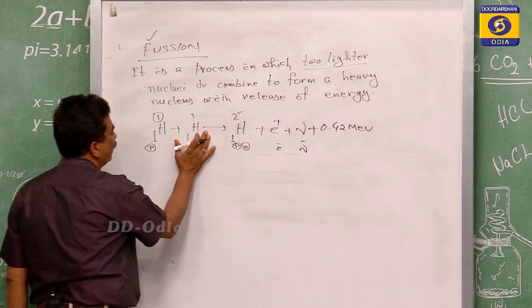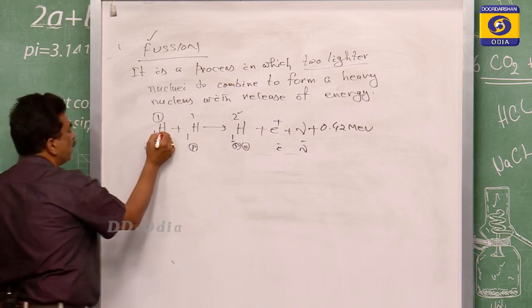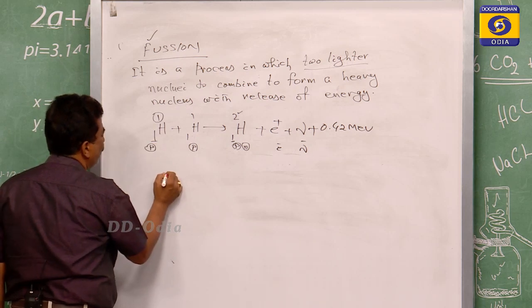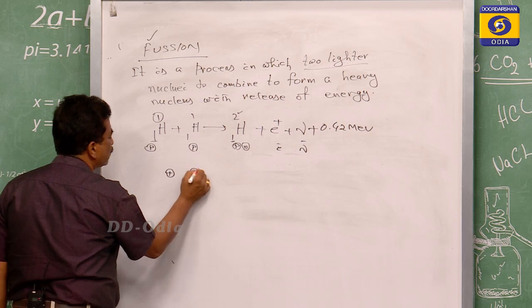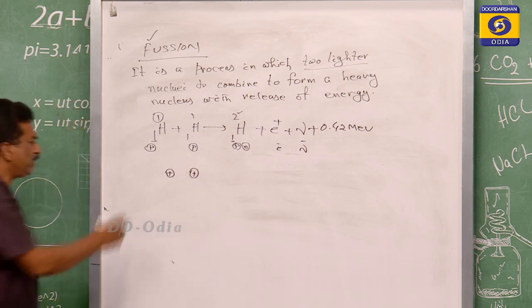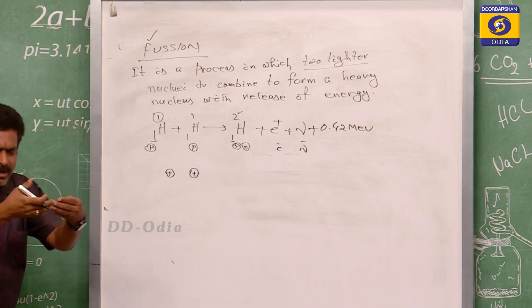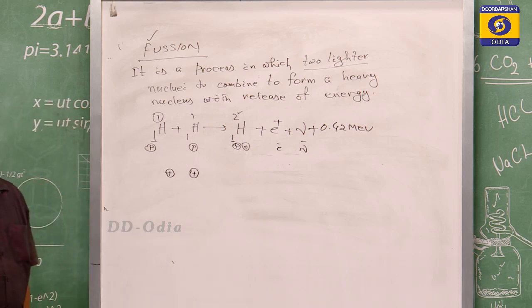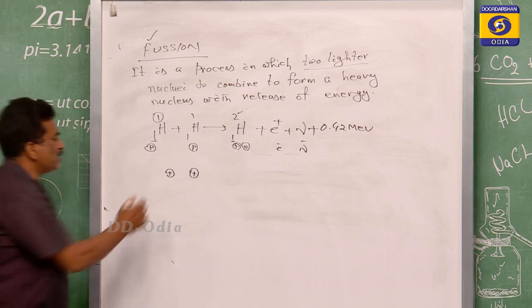But now we have to discuss how this happens. You see, 1 proton is there, and proton means it is positive in charge. This proton is also positive in charge. So when these 2 charges combine, they have to come very near to each other, but they will not come directly near to each other, because